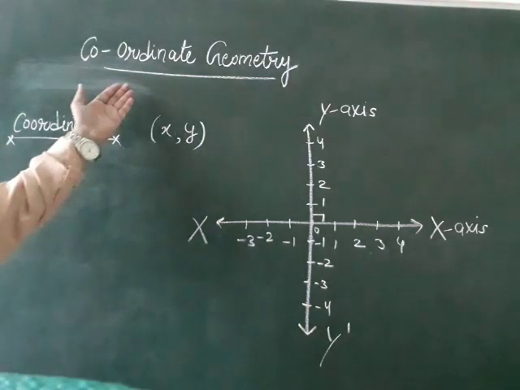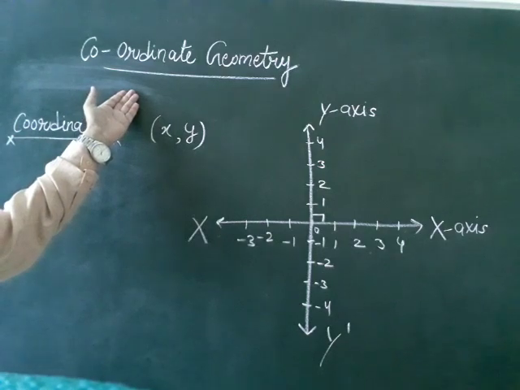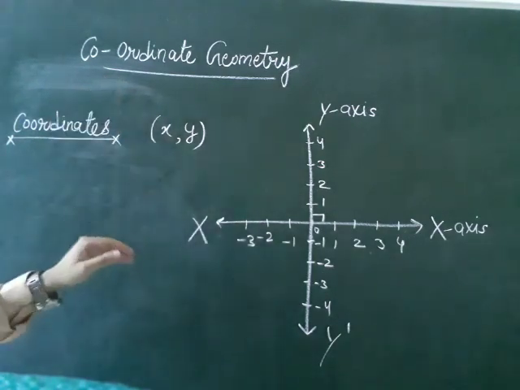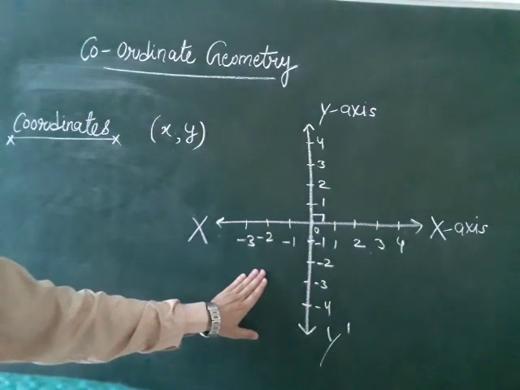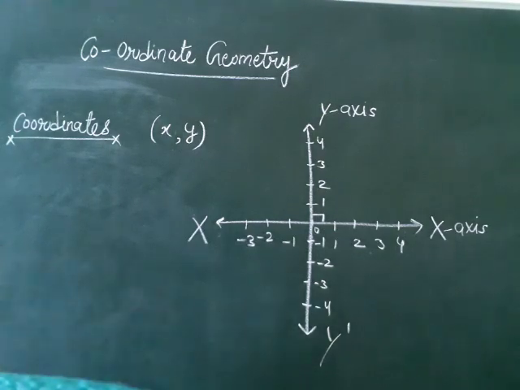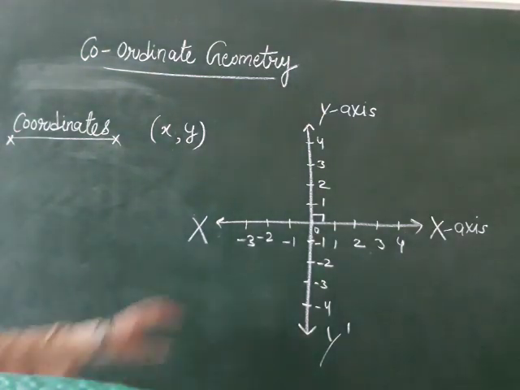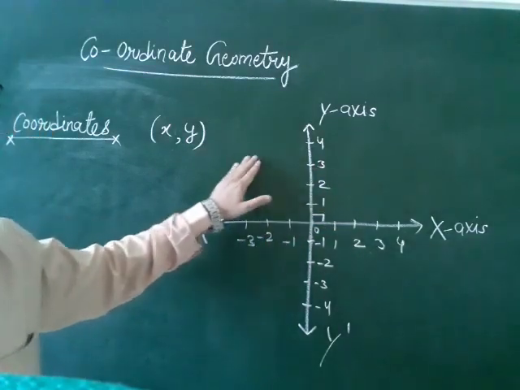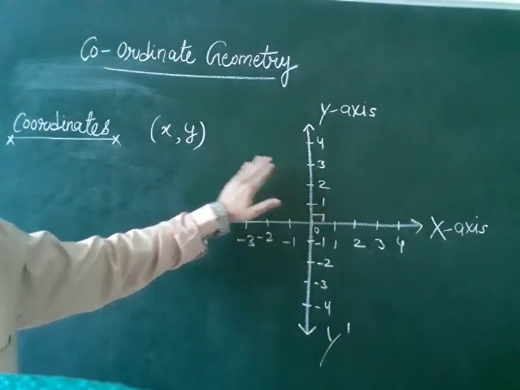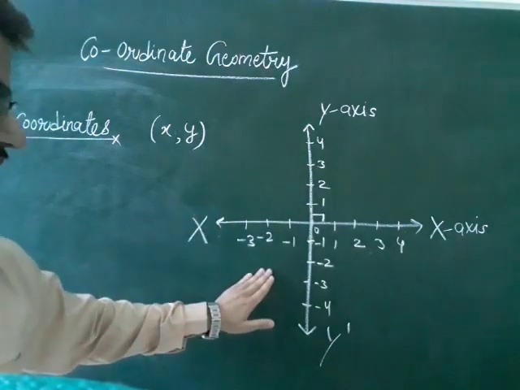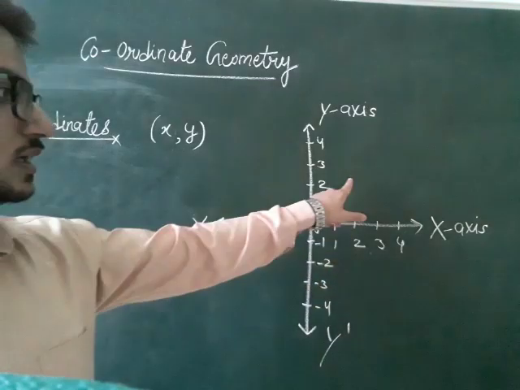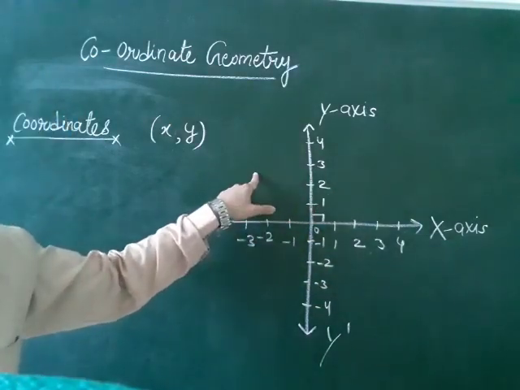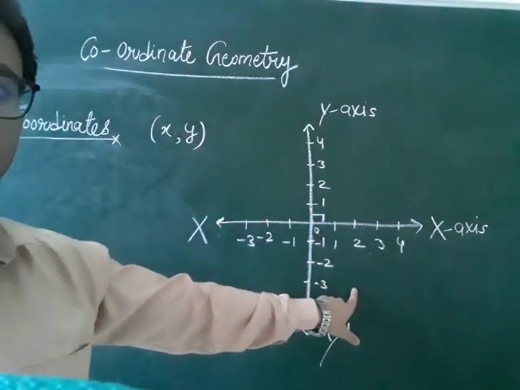Yes, we are studying coordinate geometry of class 9th NCERT, and in our previous video we learned how to draw the xy plane or coordinate plane with the help of number lines. Then we divided our coordinate plane into four parts: first part, second part, third part and fourth part, and these parts are known as quadrants. Therefore this is your first quadrant, it will be your second quadrant, third quadrant and fourth quadrant.